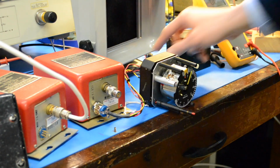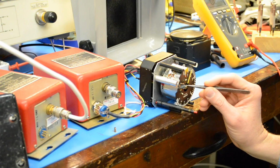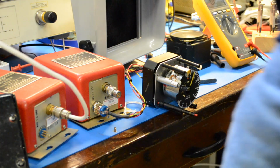So, as it turns out, the center contact can't make connection with the chassis of the meter, so I had a short, so I fixed the short. The meter is free, the needle's free to move. So if we turn it on,